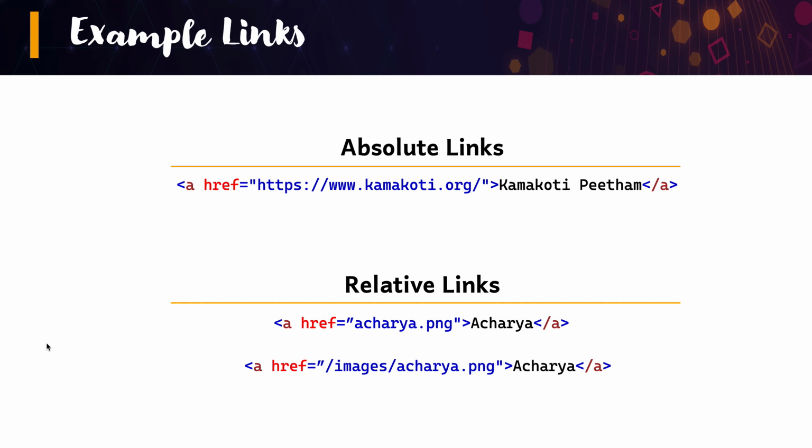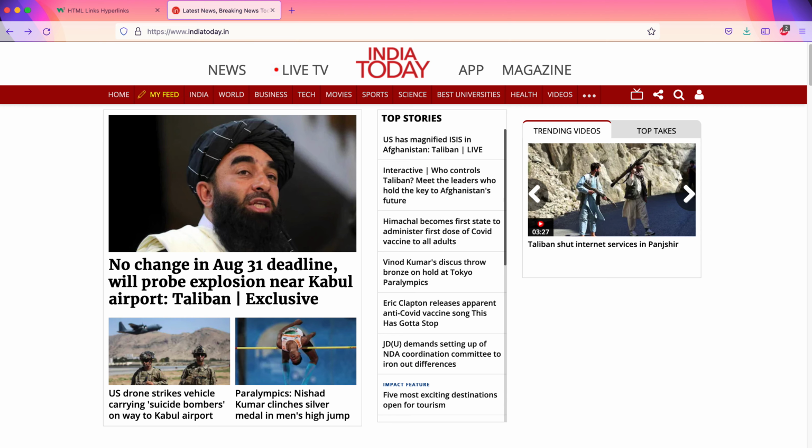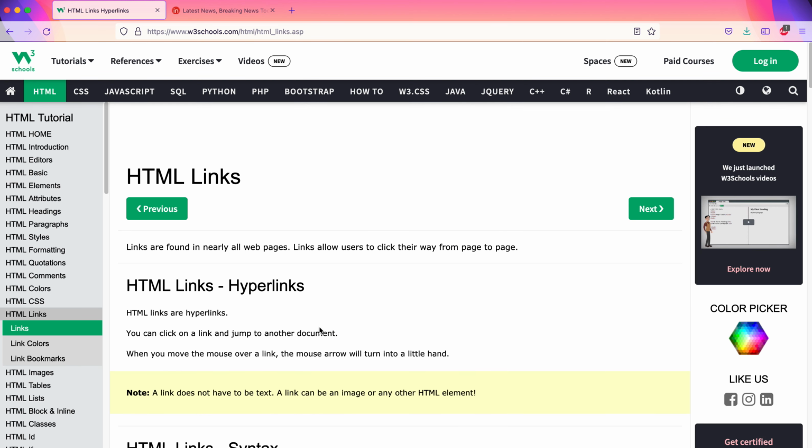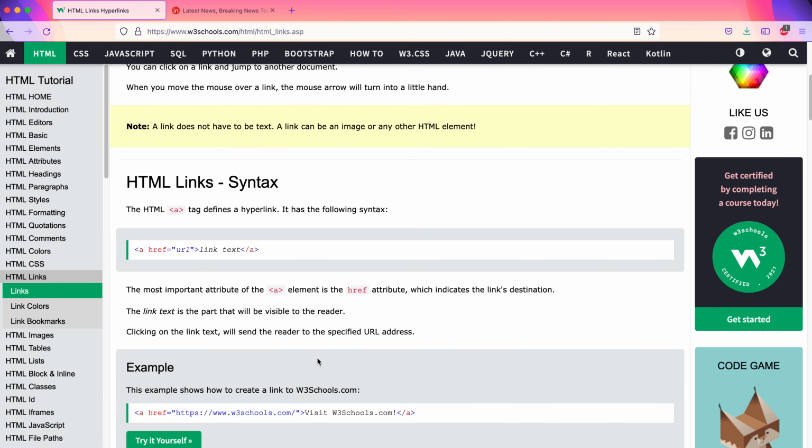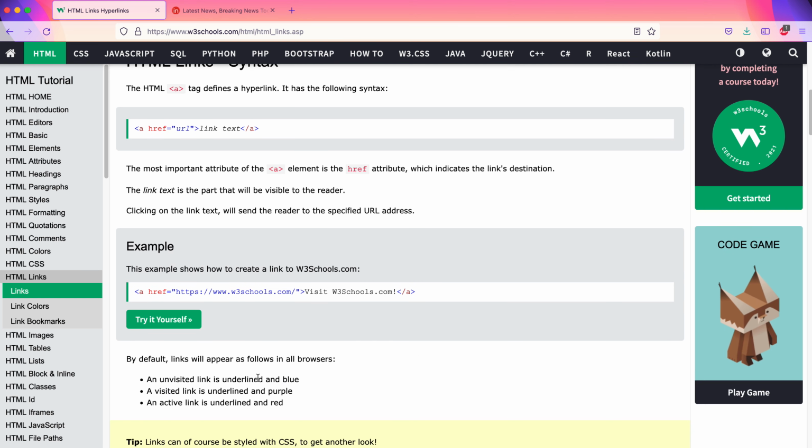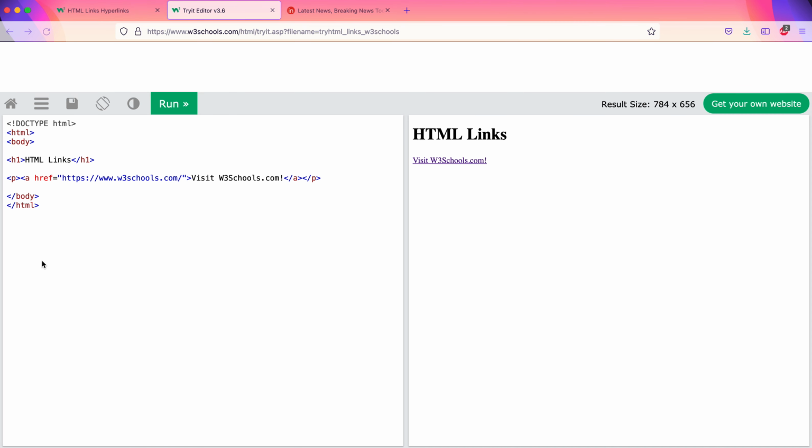Now let's go back to our favorite website w3schools.com for a practical example. HTML links are hyperlinks. We click on a link and jump to another document or another web page. The syntax is: the a tag is a hyperlink. It has this syntax. We have seen all of them. Let's try an example. You see the href https